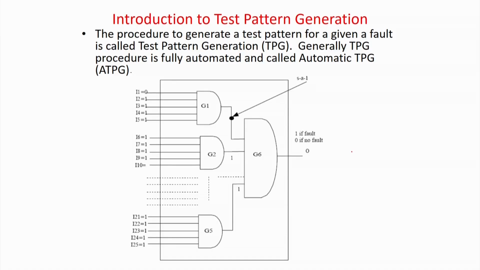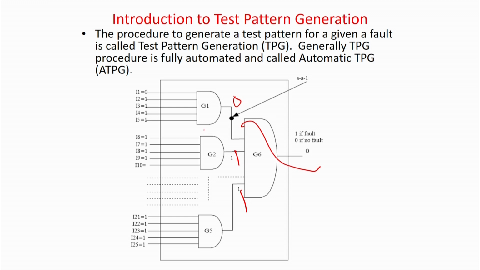So, something like stuck-at 1. If the line is stuck-at 1, you have to always apply a 0 to it. Then you have to propagate the value to the output. Propagating the value to the output means, if this is the AND gate, all other inputs have to be 1. So, this we are calling propagation, simple graph traversal. So, 0 means sensitization, it will come to the output, all other lines have to be 1.